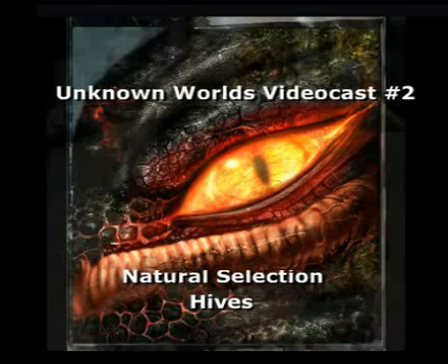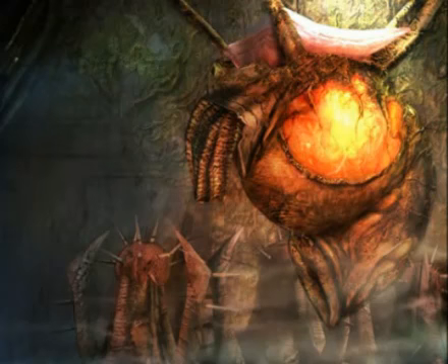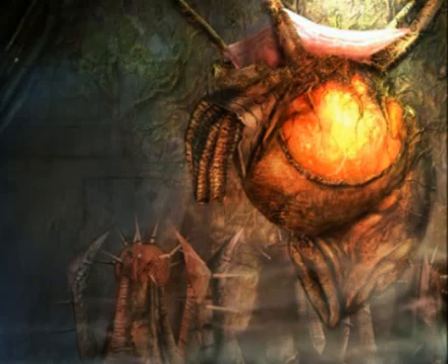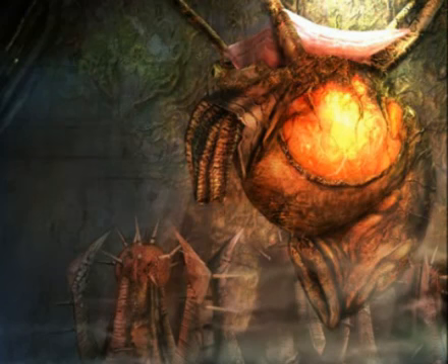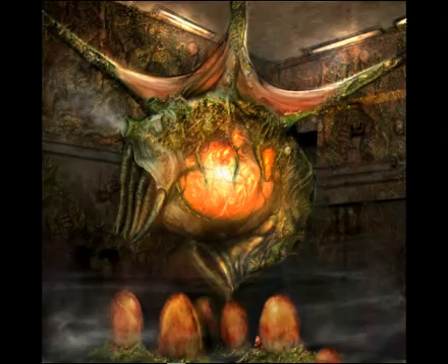So today we're going to talk about hives. Specifically, how hives worked in Natural Selection 1, in case you don't know or don't remember, and how they're going to work in NS2. Or I should say, how we hope they're going to work, or how we are starting to think they're going to work. So in NS1, the aliens spawned around hives, and